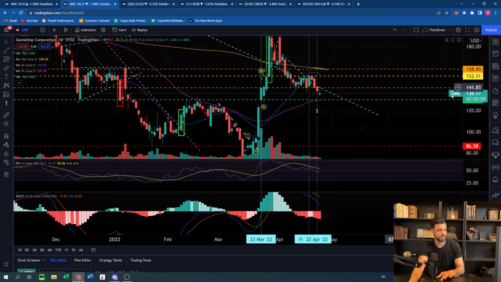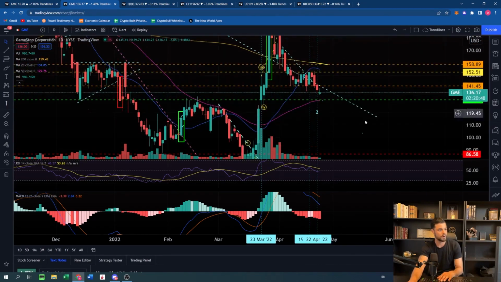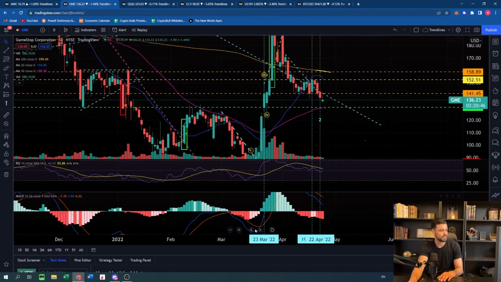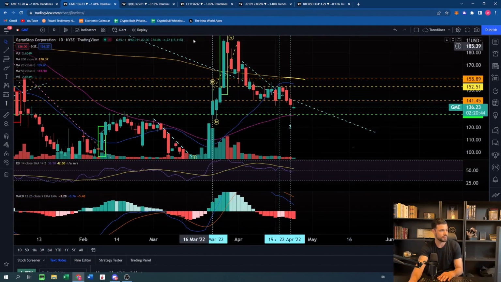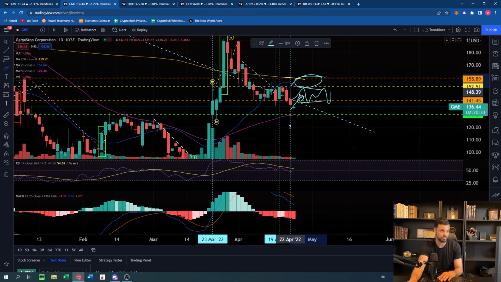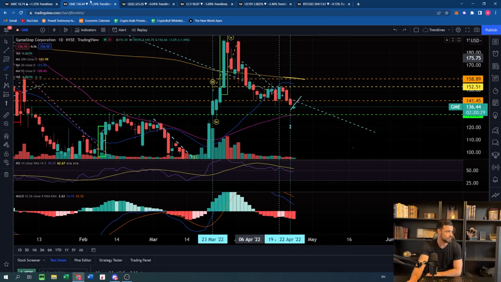But support is quite close. And for bulls to take back control, I mean, for now it's not clear. I don't have any trend line. The best thing I have is that 141.5 is resistance. So first, if we manage to close above that, it would be great. We would be back in this kind of neutral area, and above 152 we're gonna start to be bullish. So let's analyze all of that when it happens.